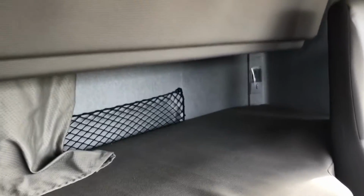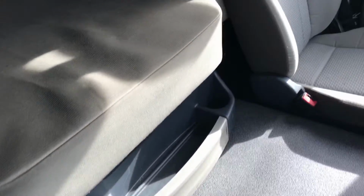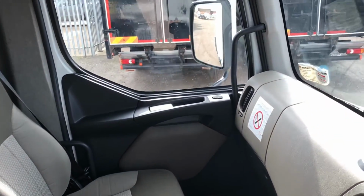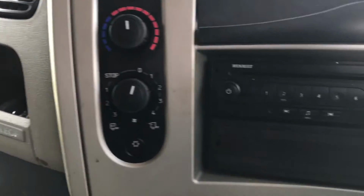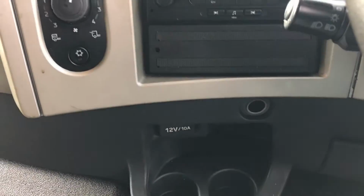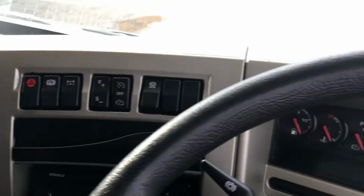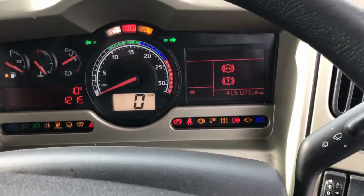Just popped up inside the cab here. It's a hammock style top bunk, lower bunk there with under bunk storage, just a pull out tray. Electric windows driver and passenger side, electric heated mirrors. More storage above, electric sunroof. This is the privileged cab with air conditioning, RDS FM radio with CD player, 12 volt auxiliary socket, cruise control, steering column mounted radio controls,